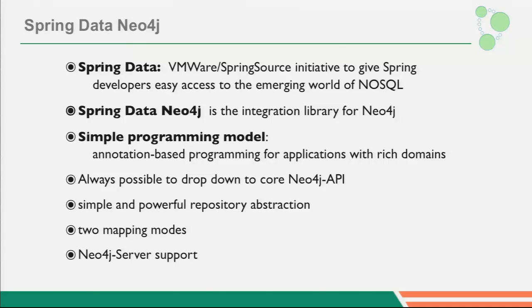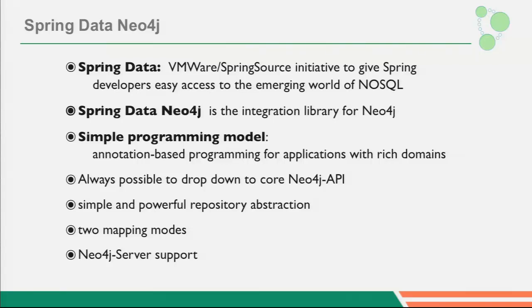Spring Data Neo4j, as well as the other Spring Data projects, supports the repository abstraction that Mark and Oliver and others have already talked about. And we also provide two mapping modes. The first mapping mode is a very simple one where you take the data out of the graph, store it in the object, and the object is completely detached from whatever's in the database. So it's like in JPA, when you end your transaction, you have a detached object, and whenever you access something that's potentially not there, then you will be greeted by one of these nice exceptions that you all know and love, I think.